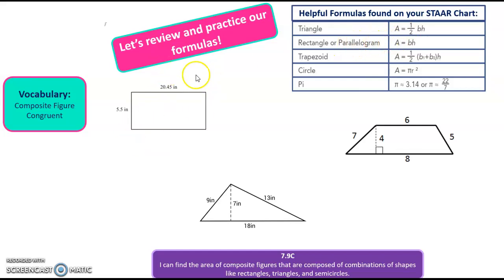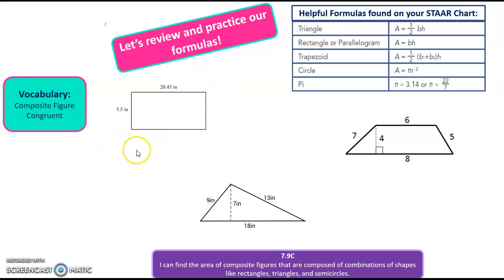Our rectangle over here, area equals base times height. And then we have over here our trapezoid, and there is our formula for that. When you are looking at these, remember to follow those formulas. For example, this rectangle. Fairly simple, right? Because we've got just that base times height, which is that 5.5 times